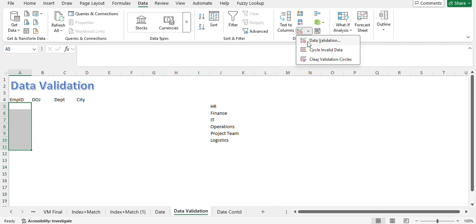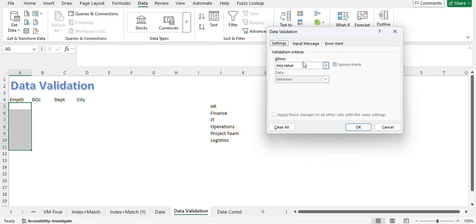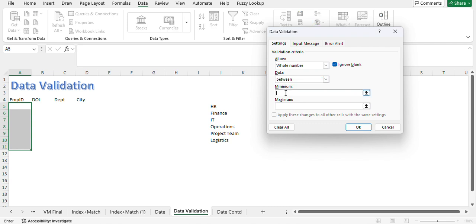Under employee ID, it should allow you to enter a whole number and it should be between. If you want, you can select between, or greater than or equal to. So let's go with between 1, 2, 3, 4, 5